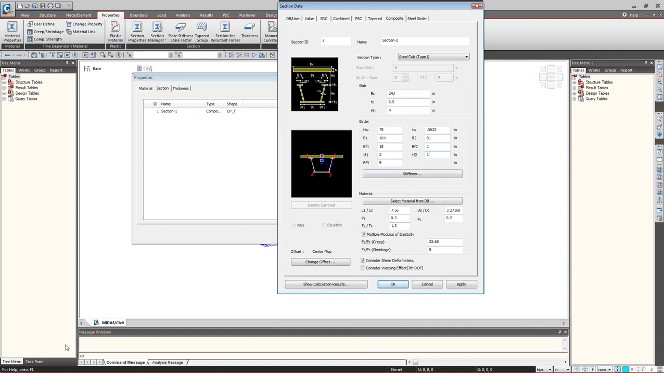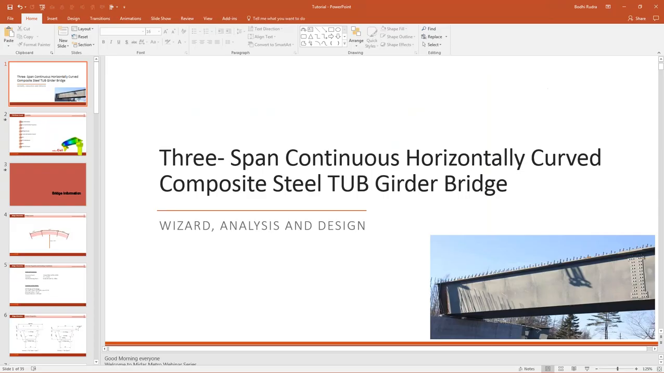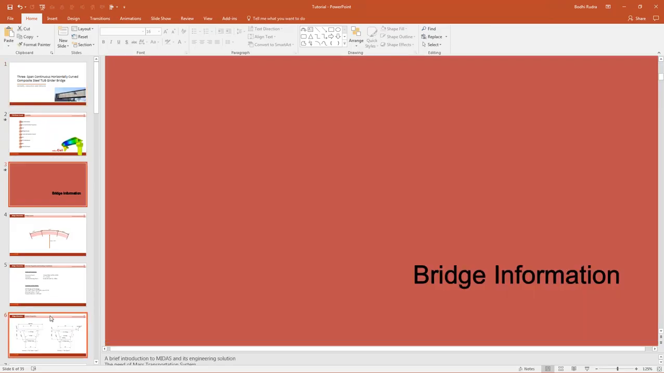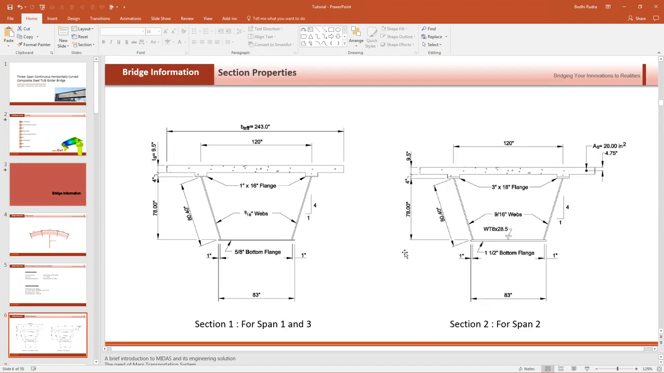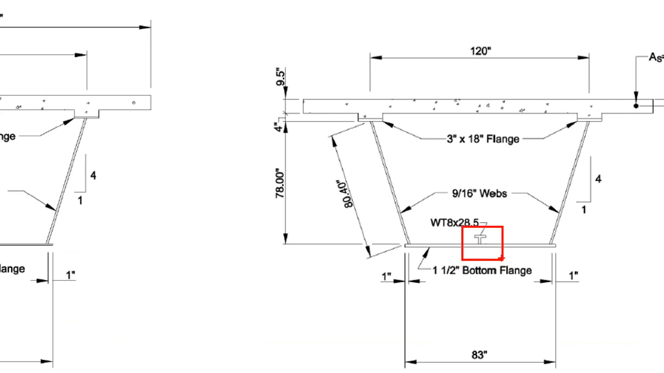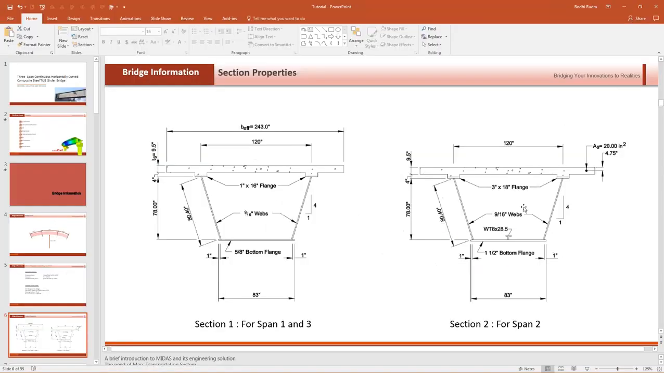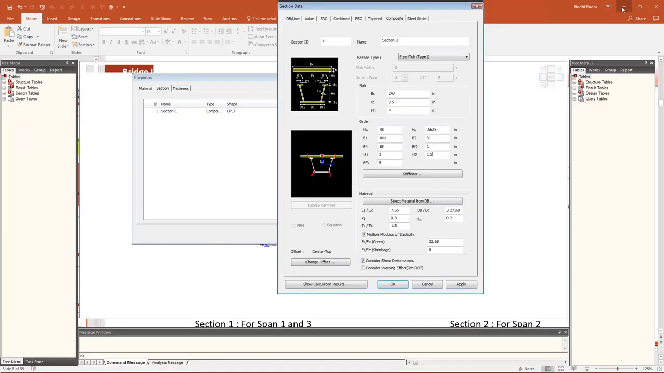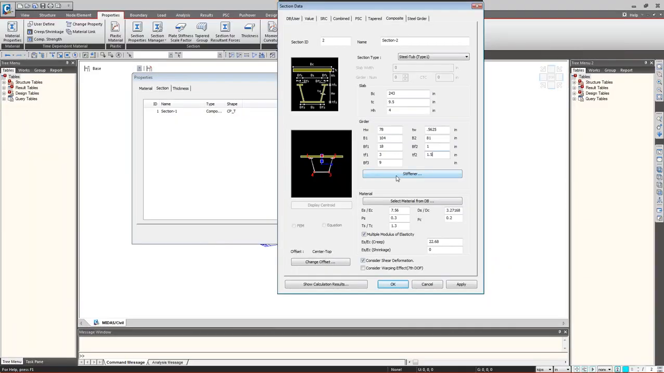And for the second section, if I go back to the presentation, for the second section, what we are having is a stiffener here. So if you just look closely, we are having a longitudinal stiffener. So how to model the longitudinal stiffener? So what we'll do is that we'll go to